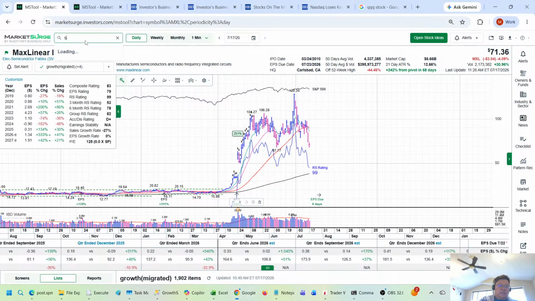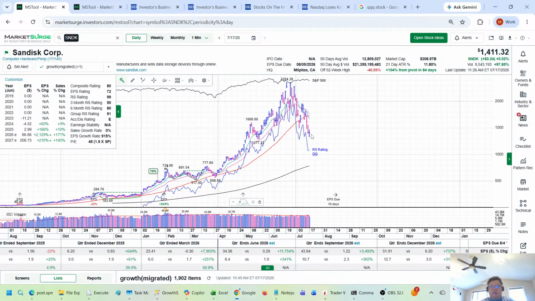Let's look at SanDisk here. It did recover this morning, but again, not much. It's like there's not much power. It comes back up, but it really hasn't moved much since then. So this one is down 40%. Once it breaks the red line, it could come as far back as the black line. We just don't know, because it's just going to test all the support levels as it comes down, if any.